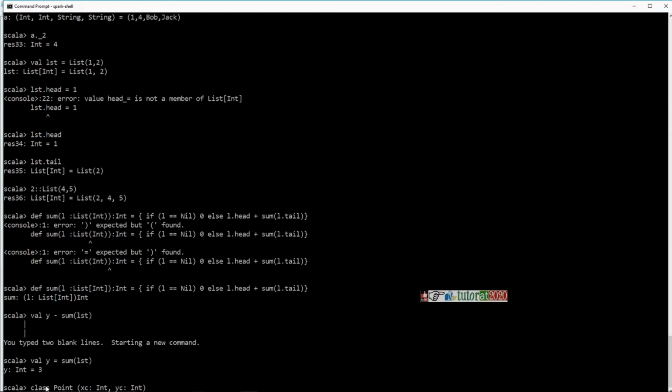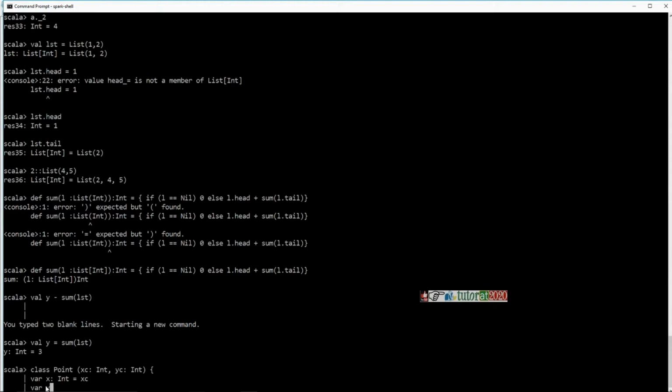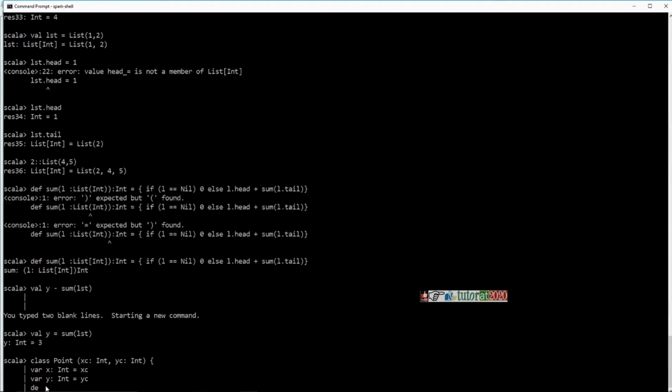And in my class description, I would say it has two variables, variable x, which is of type integer, okay, and I'm assigning this with the first parameter, okay, and variable y, which is also an integer, and I'm assigning the second parameter to it, okay,